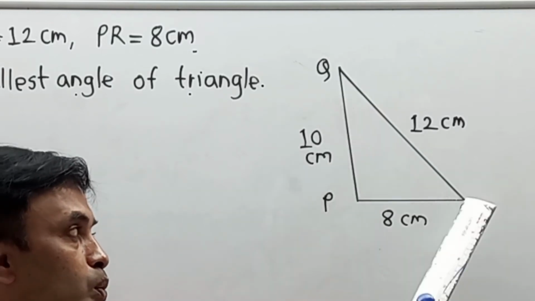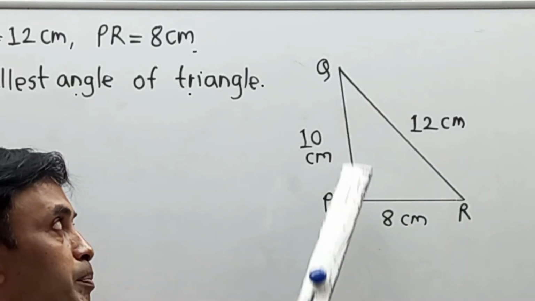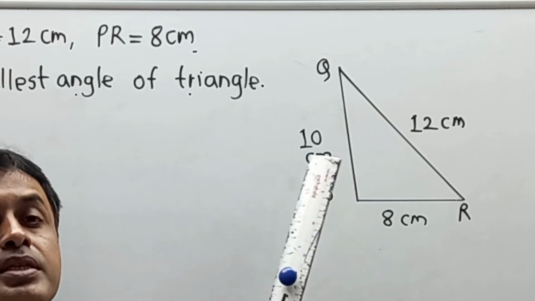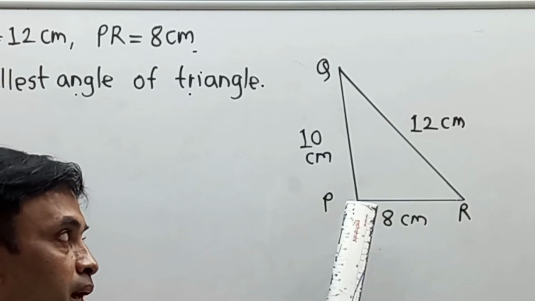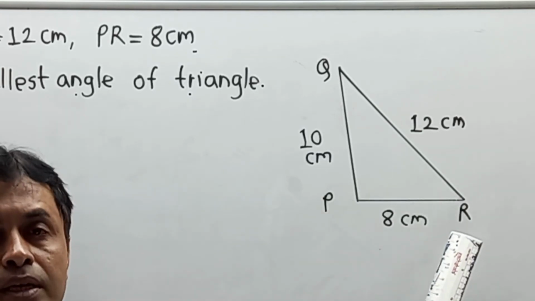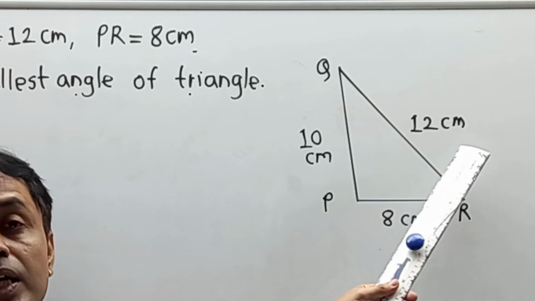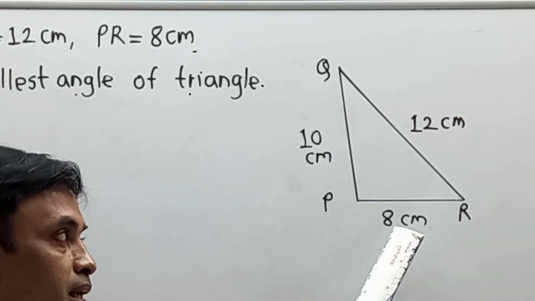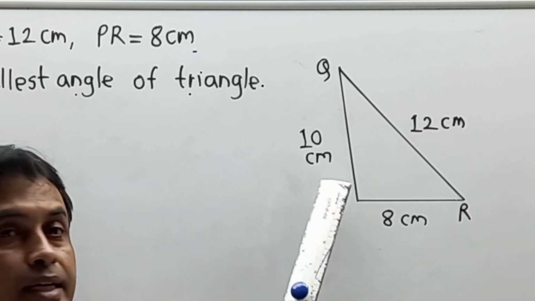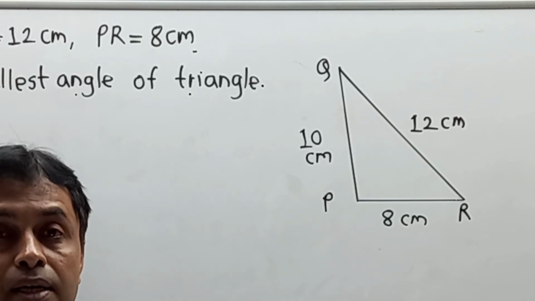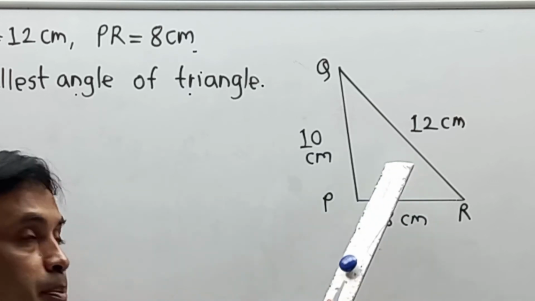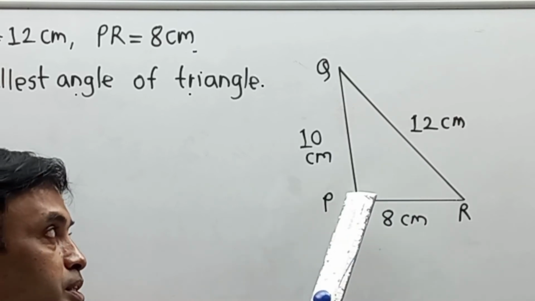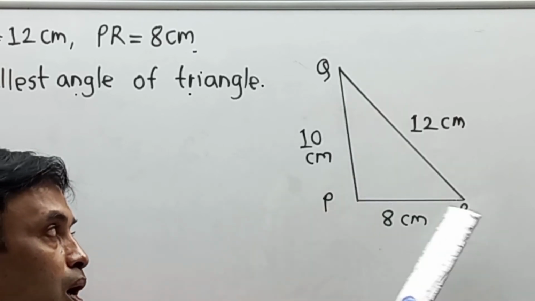In triangle PQR, PQ is 10 centimeter, means medium length. QR is 12 centimeter, means it is the largest. And third, PR is 8 centimeter, means compared to all three, 12 is the greatest, 8 is the smallest, and 10 centimeter is the middle one. This is the part, and we have to indicate in terms of symbolic presentation, either greater than or less than. But how? Pay attention. Let me clear the writing part of our answer. First of all, we are going to write in triangle PQR.